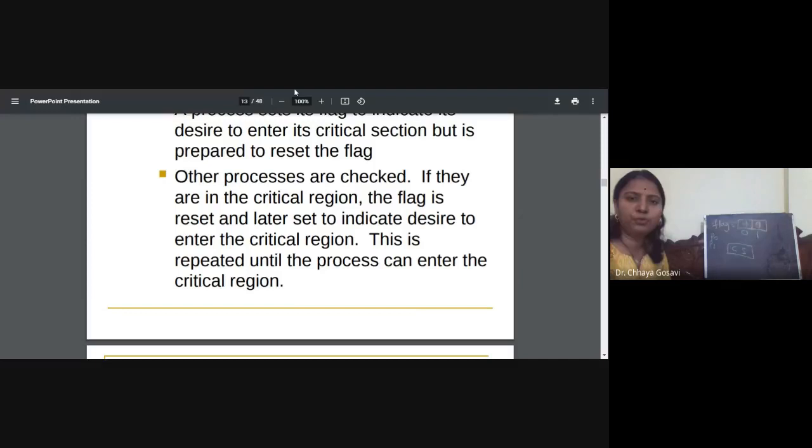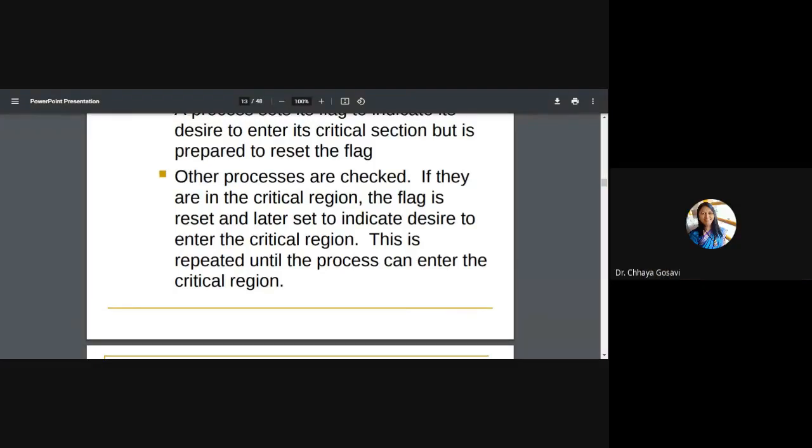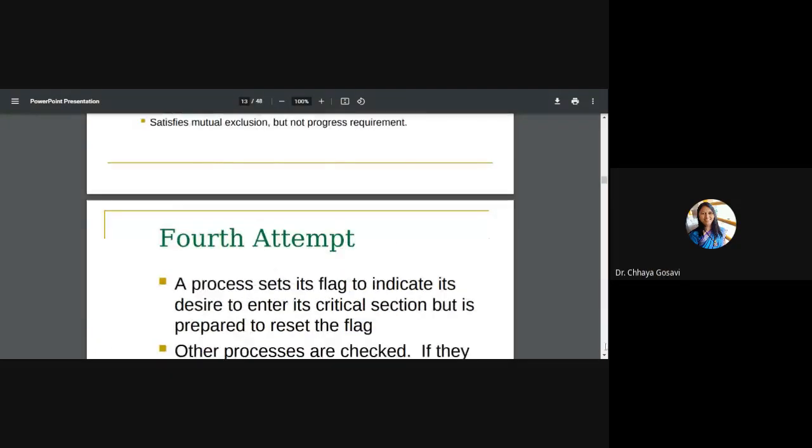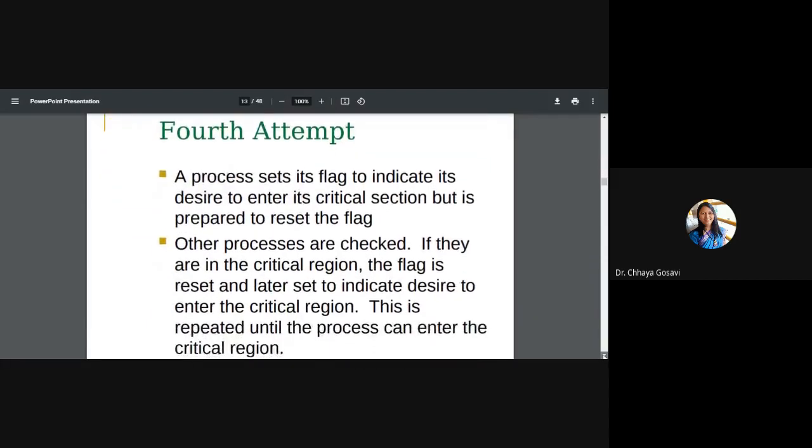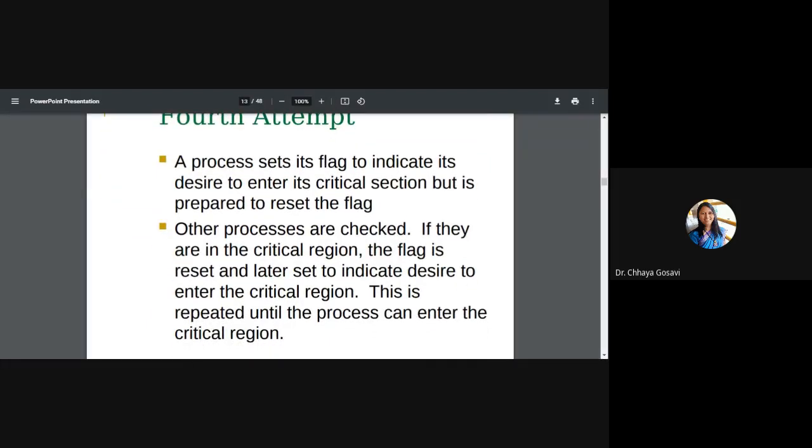The next attempt is the fourth attempt. A process sets its flag. That means raise the hand, or set the value of the flag to 1 or true, which indicates that it desires to enter into the critical section.